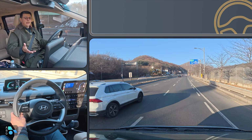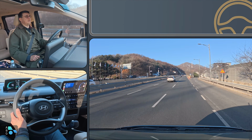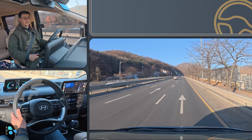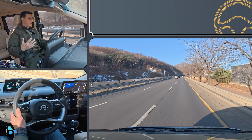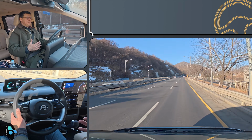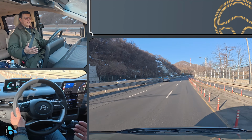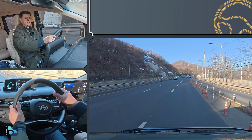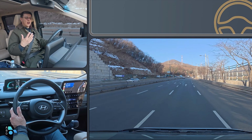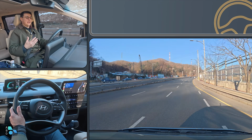Handling ability, that's a little bit different, and surprisingly so, because this does feel pretty decent out on some of the winding roads that I've been on here, but obviously it's heavier and top heavy compared to the other minivans. It's about 10 inches taller, and that's part of why it feels kind of like I'm driving a minibus rather than a minivan, because this is significantly higher than the average US minivan, and it just has a very different vibe to it. Yes, it has a passenger car steering wheel, but the rest of the vibe is a little bit more bus-like. The steering, that's car-like, the handling ability, somewhere between worlds, but the ride quality also is different